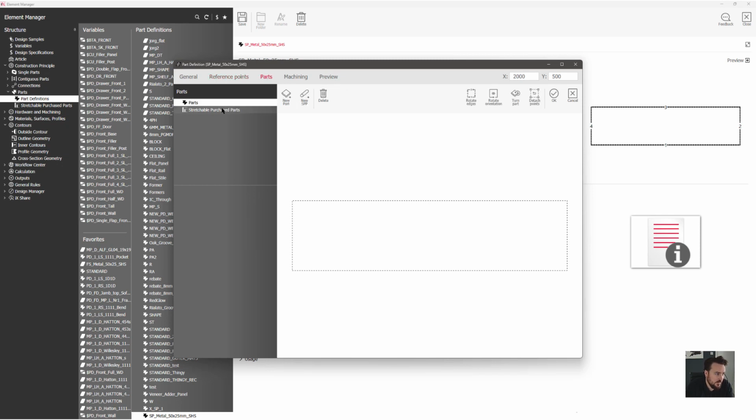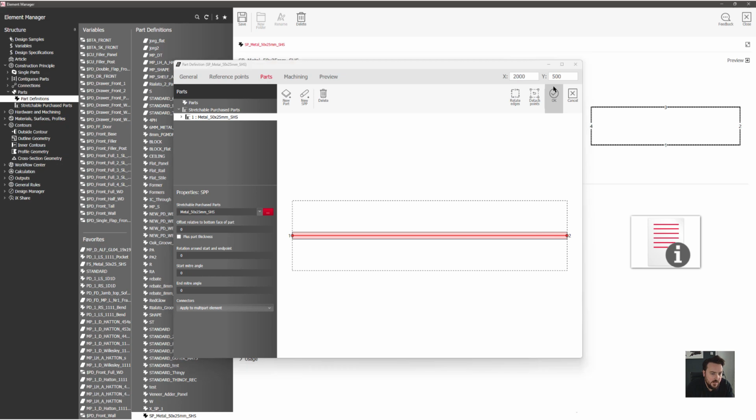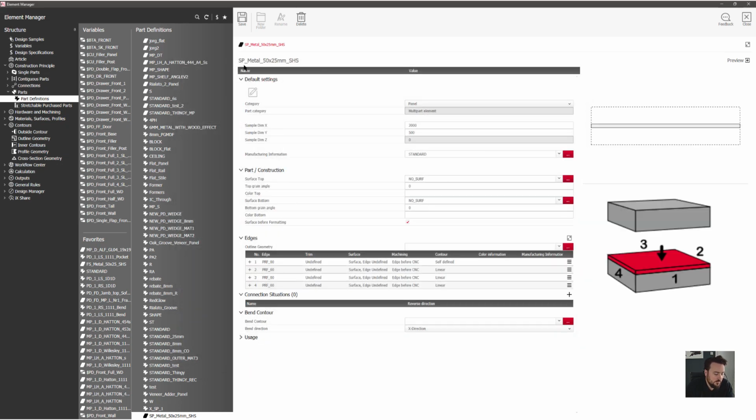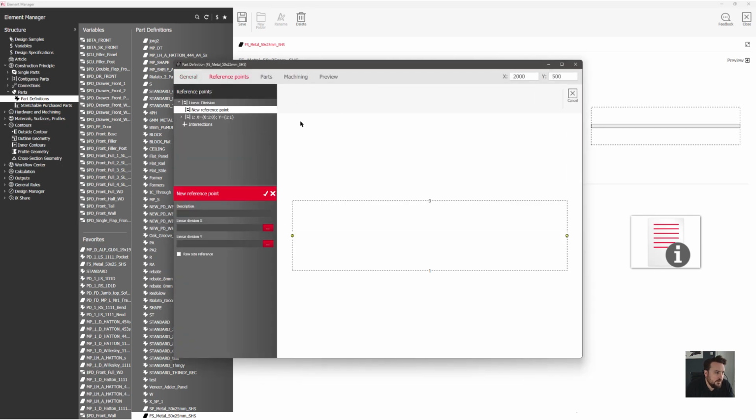I can then go to the multi-parts and say that I want a new stretchable purchase part between point 1 and point 2, and it will be this name. I'll click tick. So I now have my side panel or my upright piece. The next thing I want to do is call one as a fixed shelf and save. And then what I want to do is go in and edit this and then go to my reference points, create new reference points at 0 to 1 to 0 and 0 to 1 to 0,